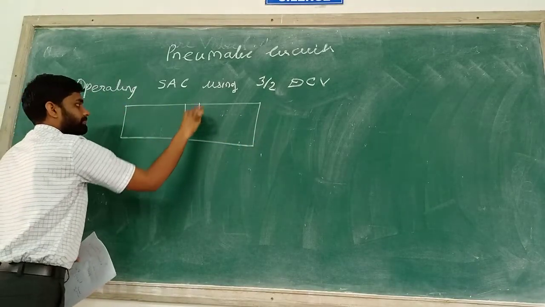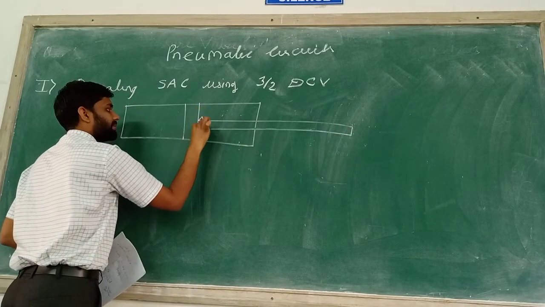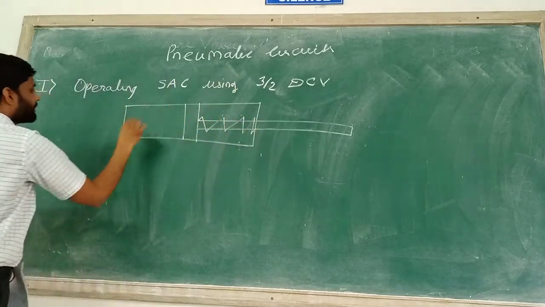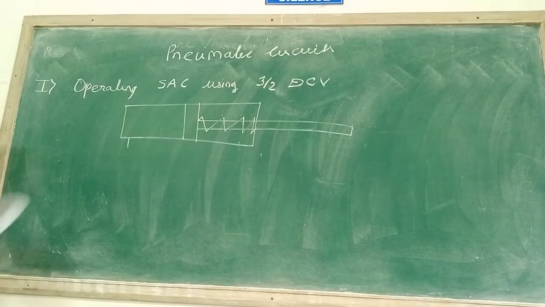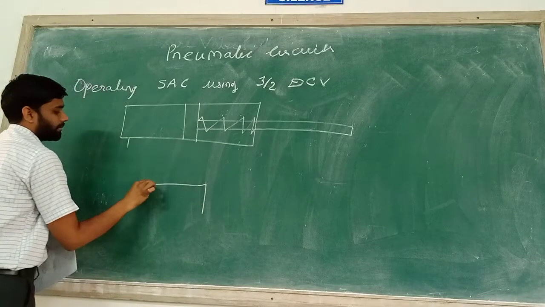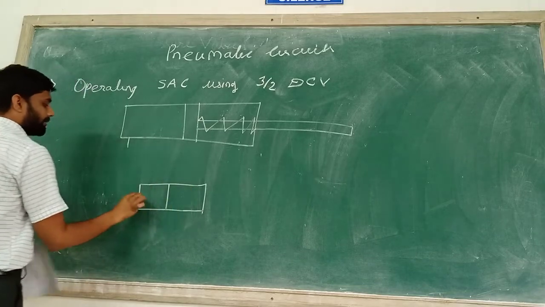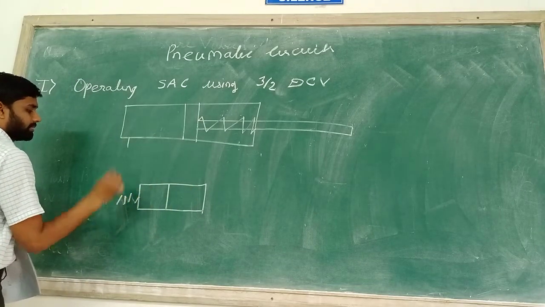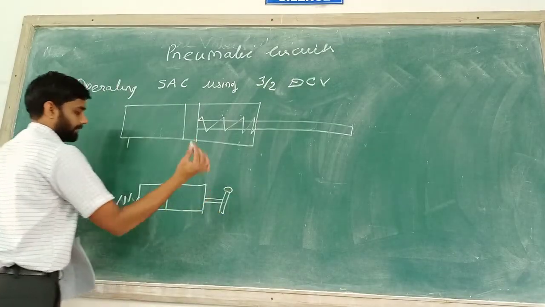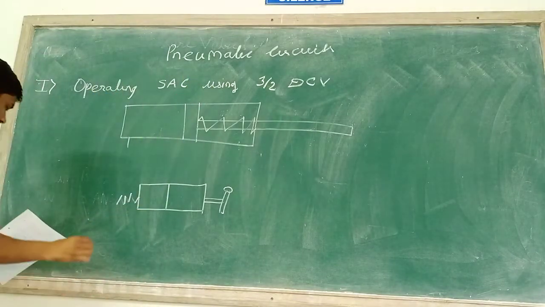So this is our single acting cylinder, which is provided with a spring. Okay, so this is the single acting cylinder. We are going to operate the single acting cylinder using what? Using a 3/2 direction control. Okay, so this valve has two positions, spring return and adjusted by the lever here. 3-way and 2 position means it has 3 ways.